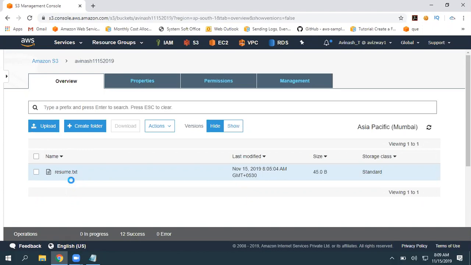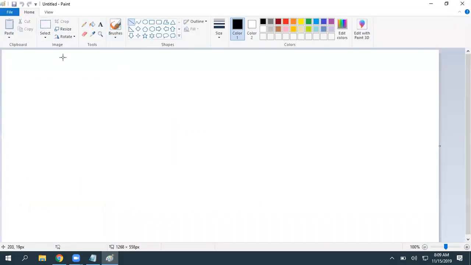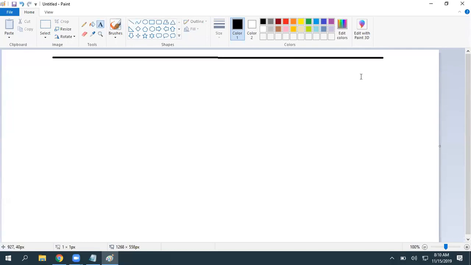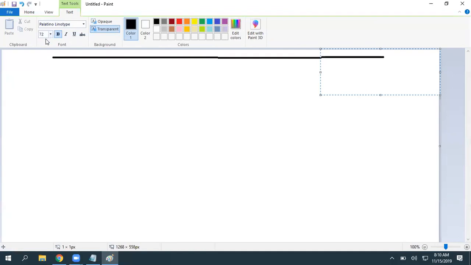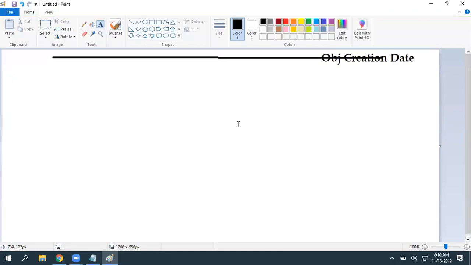So let's quickly draw a diagram. Whatever the data I take, the benchmark is the object creation date.